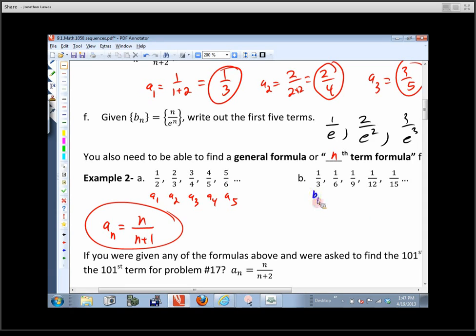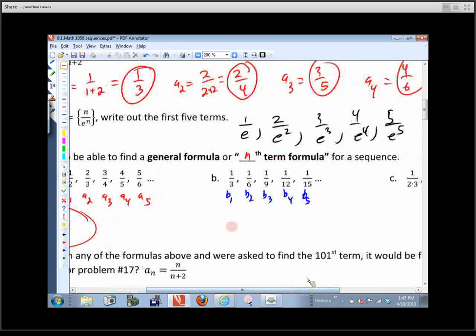I'll do b sub 1, b sub 2. If you wanted to do a every single time, that would be fine. It doesn't really matter. It's just nice to have those a little bit differentiated. So I'm going to write b sub n equals, going to be,